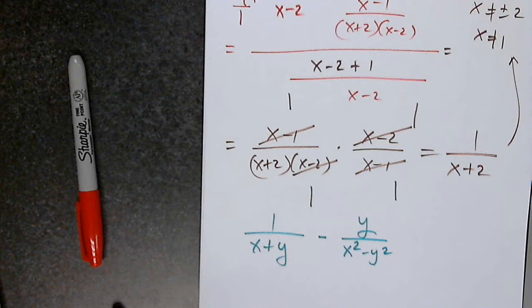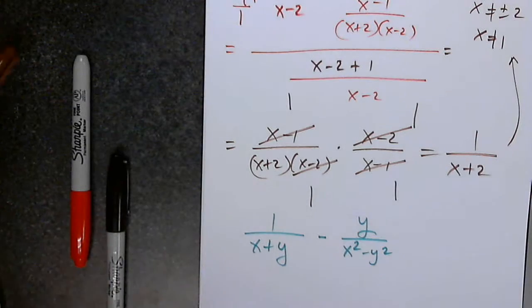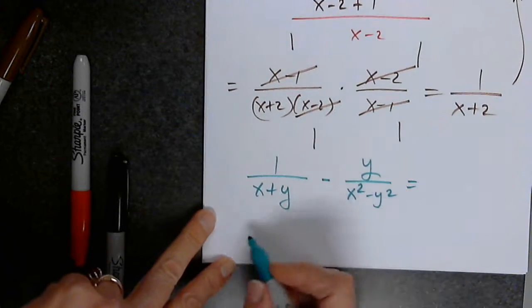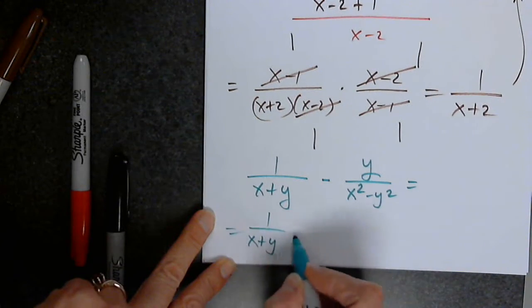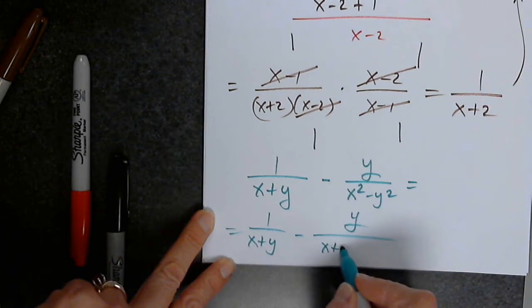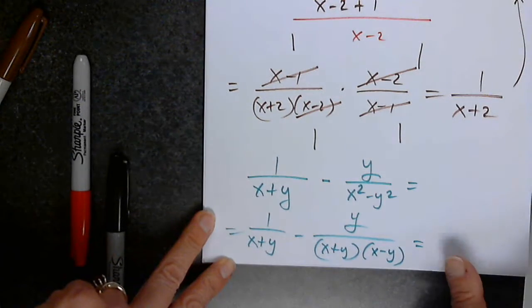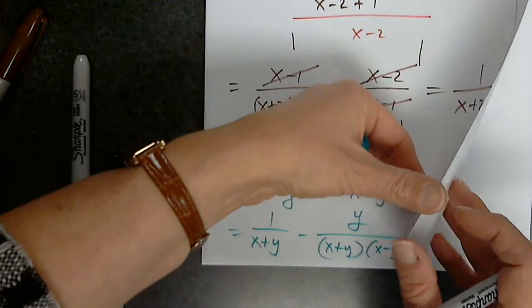That's why we always start by factoring completely everything, because if we don't do that first, we will not be able to establish the least common denominator. Right? So then the first one is 1 over x plus y, but the second one is x plus y, x minus y. So then the least common denominator,